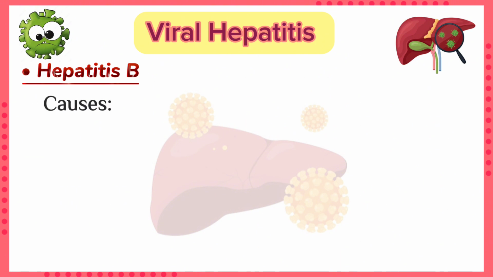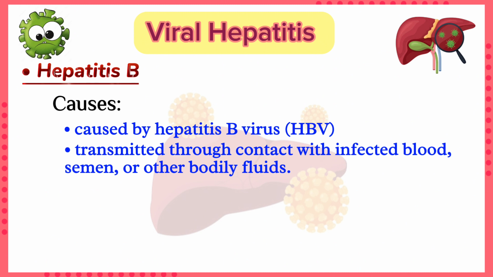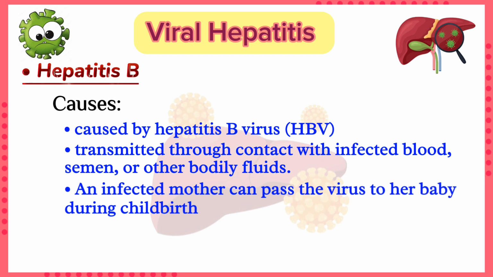Hepatitis B. Hepatitis B is caused by the hepatitis B virus, which is primarily transmitted through contact with infected blood, semen, or other bodily fluids. Additionally, an infected mother can pass the virus to her baby during childbirth. Hepatitis B virus can cause both acute and chronic infections, and chronic hepatitis B virus infection can lead to liver